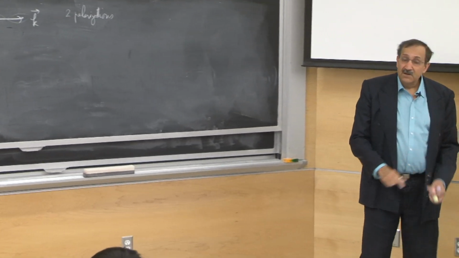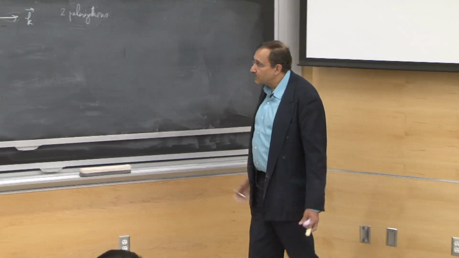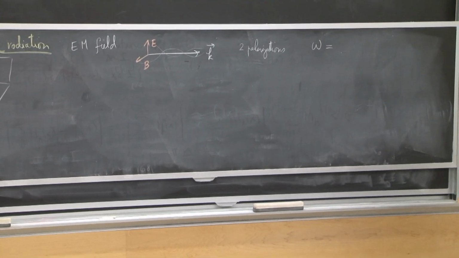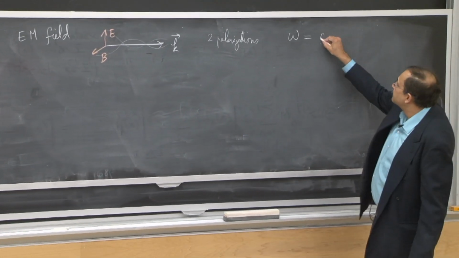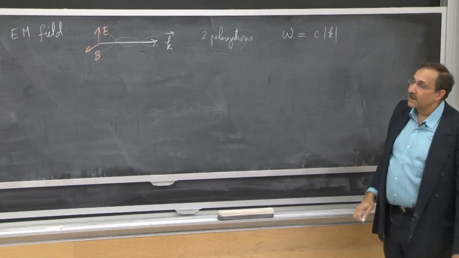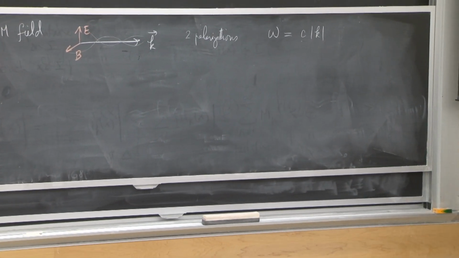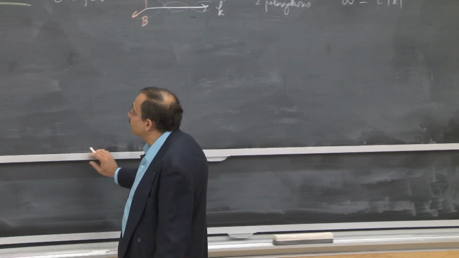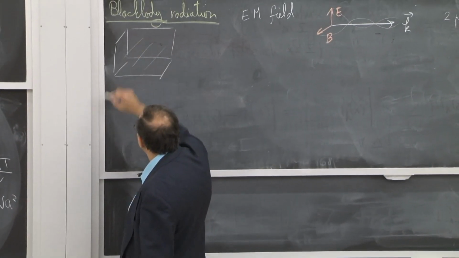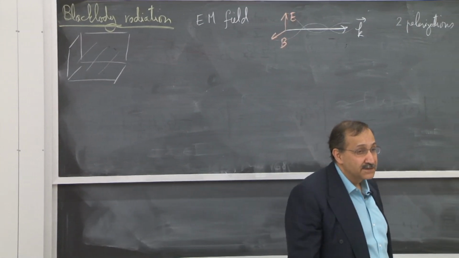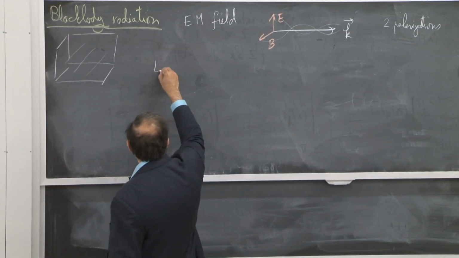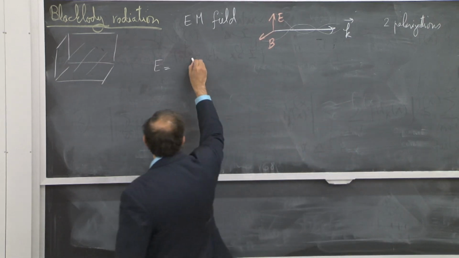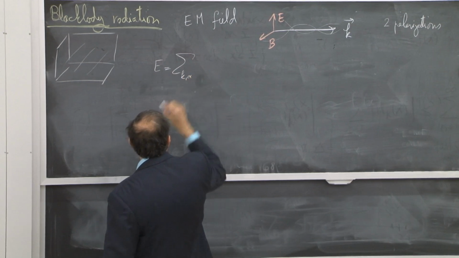But apart from that, the frequency spectrum is exactly the same as you would have for the solids at low temperature, replacing the v that we have with the speed of light. And so you would say, okay, if I were to calculate the energy content that is inside the box, what I have to do is to sum over all of the modes and polarizations